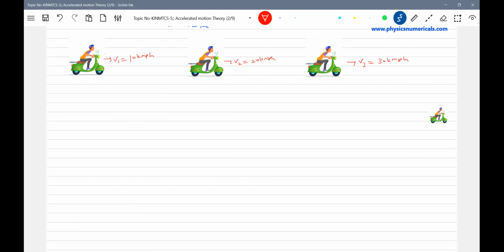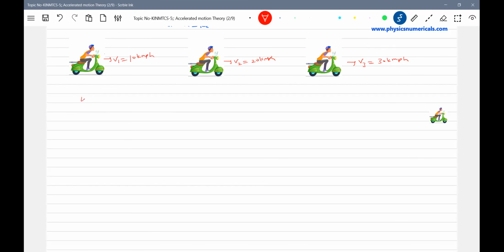So shall I say he is accelerating, because his speed is increasing. How do we accelerate? He's going to twist his arm, this one here. If he rotates it, the speed will increase. Then you can say it is said to be accelerating. Now I can say that as the speed of the bike increases, the bike is undergoing acceleration. So this increasing speed is called acceleration.